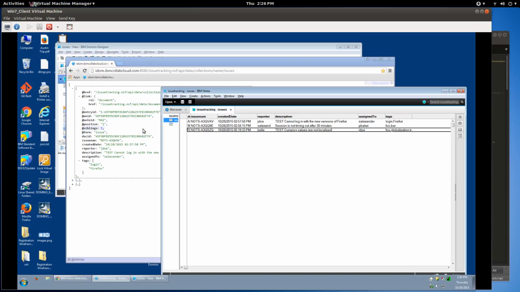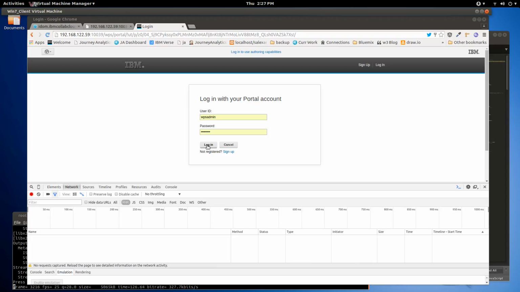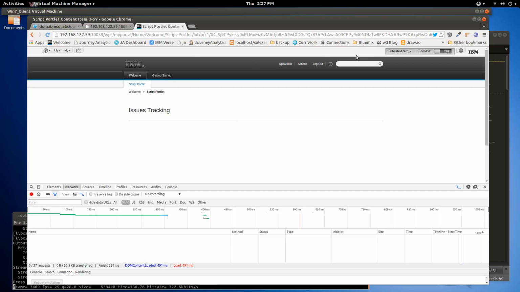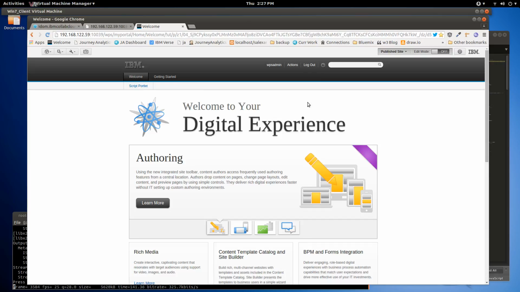So good. Now that we have Domino Data Services enabled, I can talk to you about building the WebSphere Portal application that accesses the Domino data. Before I show you how I built it, I'm going to log in and show you the sample application running. I've also got the Network tab in Chrome enabled so that you can see the XHR requests going back and forth to Domino. I'm going to log in,